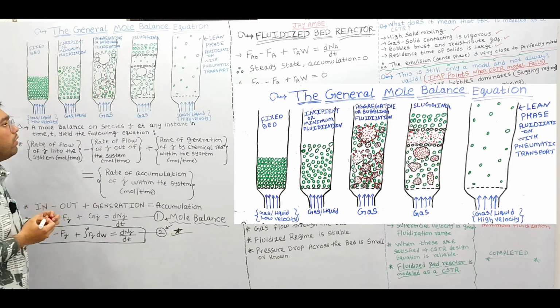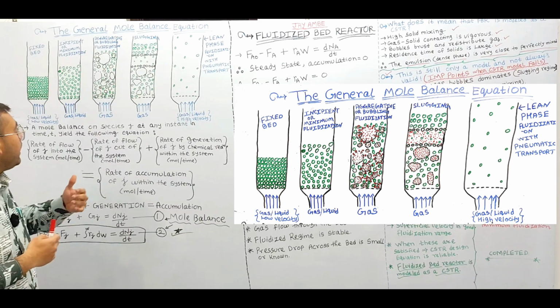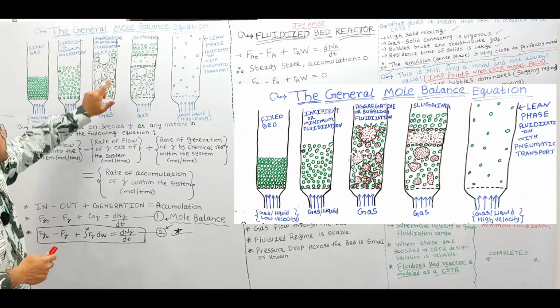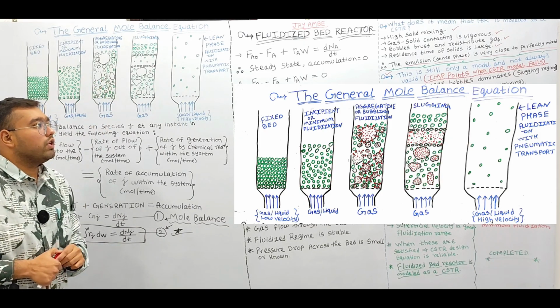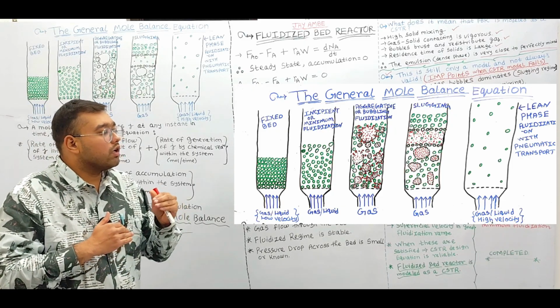So we need to ensure the uniform and proper leaking, or the diffusion, of the gas from the bubbles to the solid catalyst, and we need to ensure we have uniform and good solid-gas